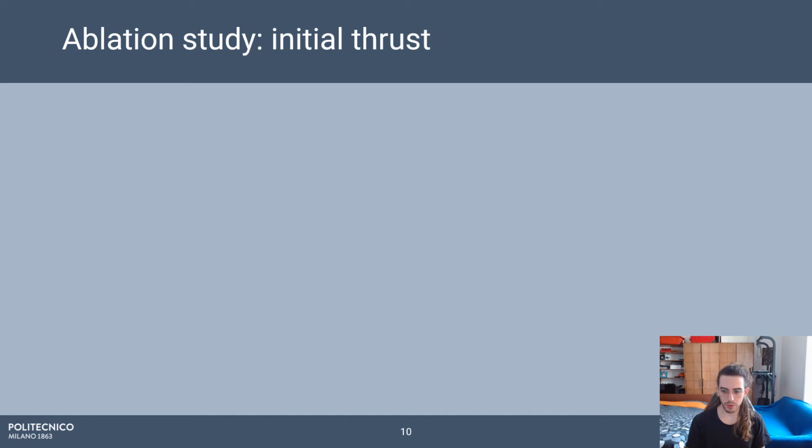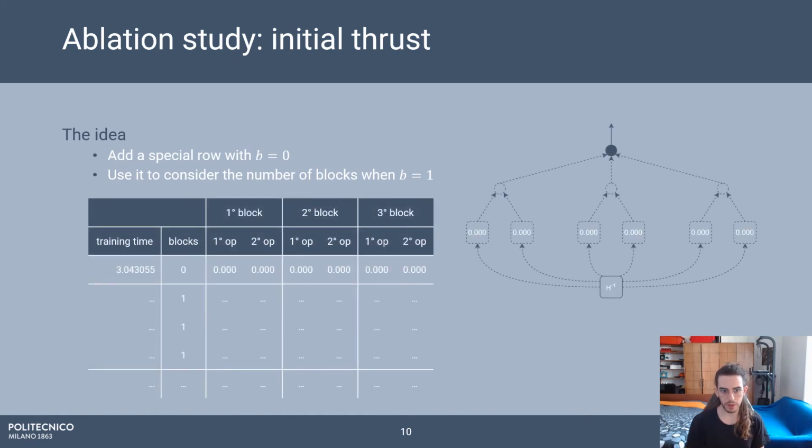Another problem we had to face is the initialization of our algorithm, that in this case has been solved by what we call the initial trust improvement, that basically is a cell composed by all known operations. And this is because each cell receives as input the output of the previous cell.